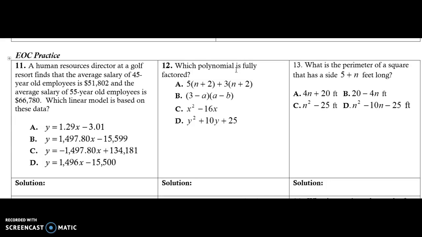So 66780 minus 51802 gives me 14978. So if I divide that by 10, I'm going to move the decimal one place over, giving me a slope of 1,497.8. So let's look at our answer choices and see if just by locating the slope, we can eliminate